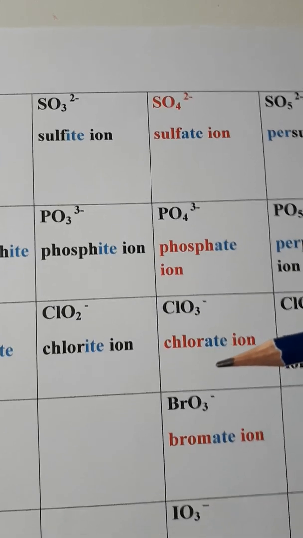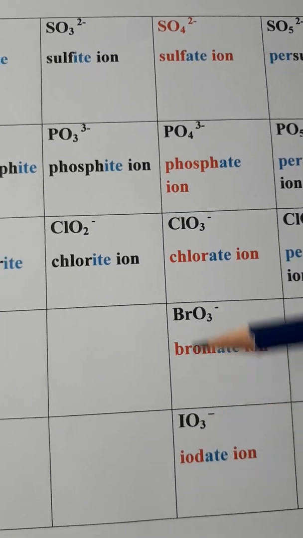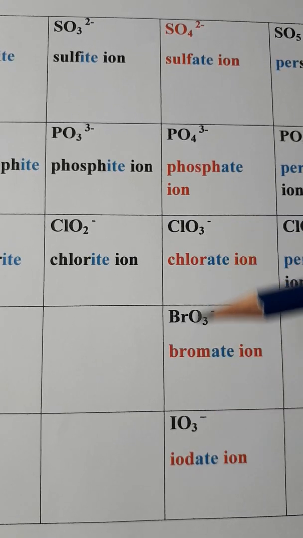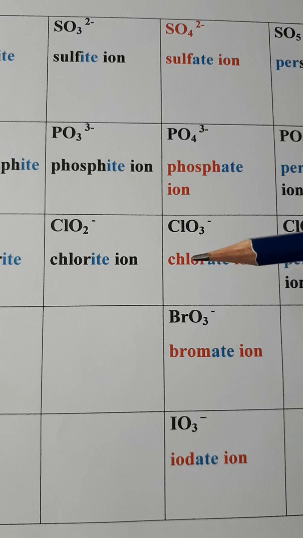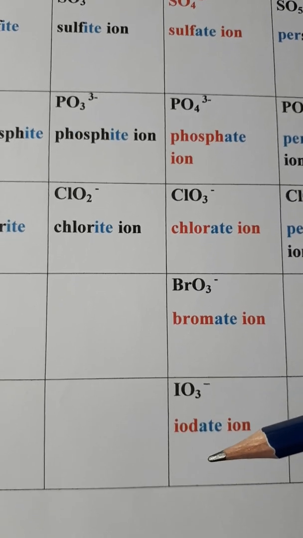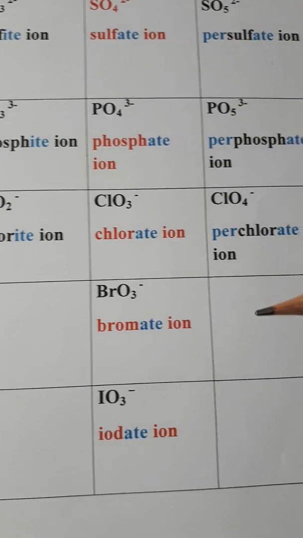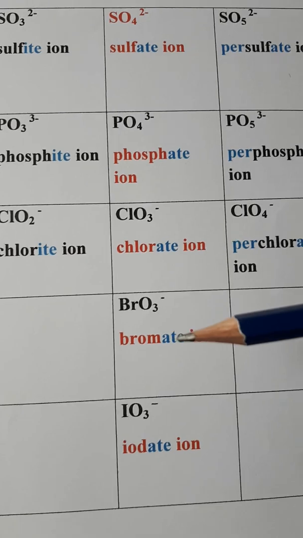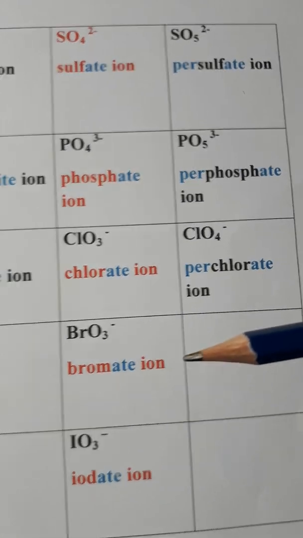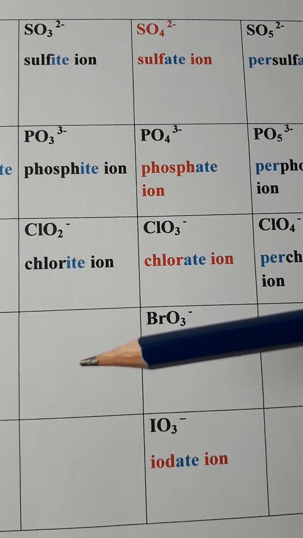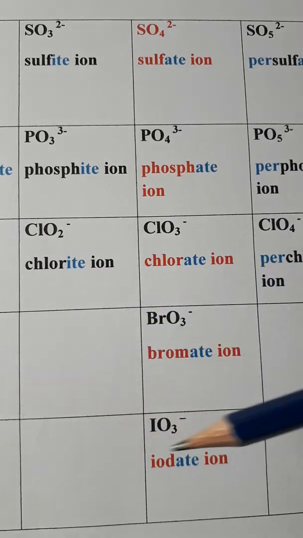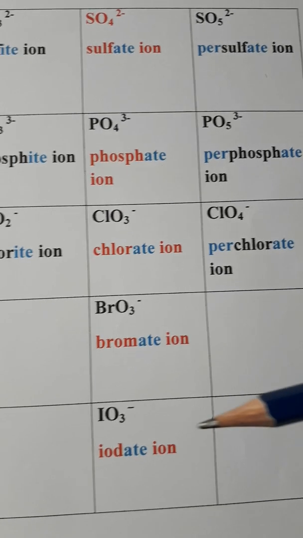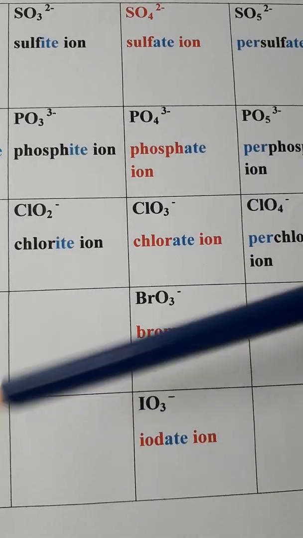If you can remember that chlorine, bromine, iodine all are in one group in your periodic table called the halogens. So similarly, chlorate become bromate and iodate ion. So as an exercise, you can write the names of the other ions that can be derived from that. For example, bromate ion, perbromate ion, bromite ion, hypobromite ion, and like that. Iodate, periodate ion, iodite ion, hypoiodite ion.